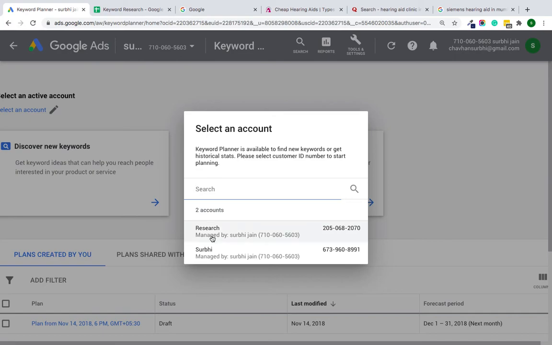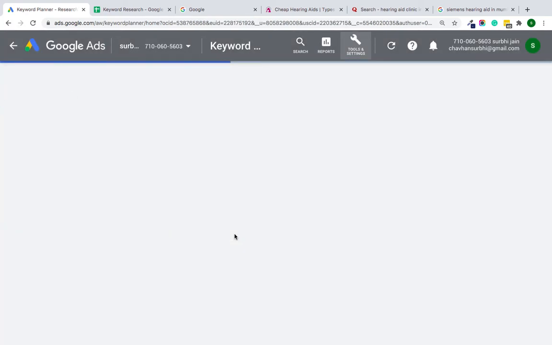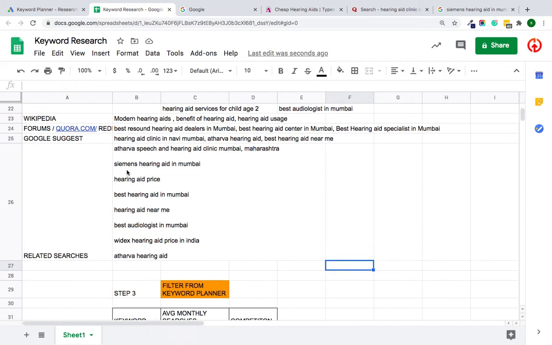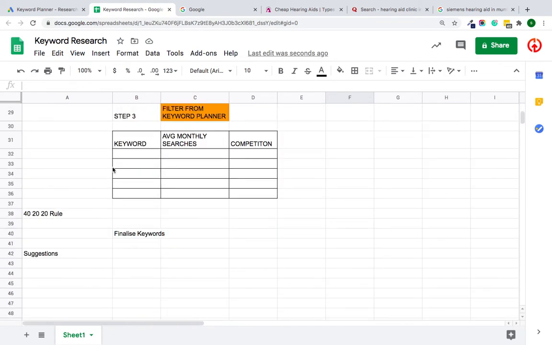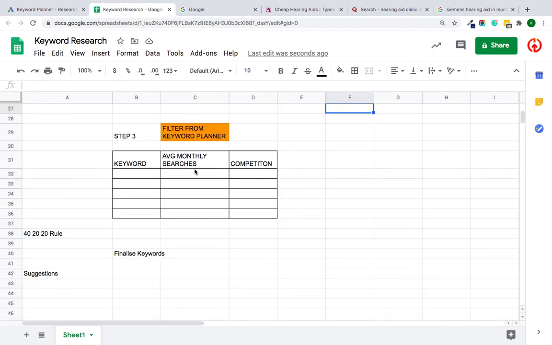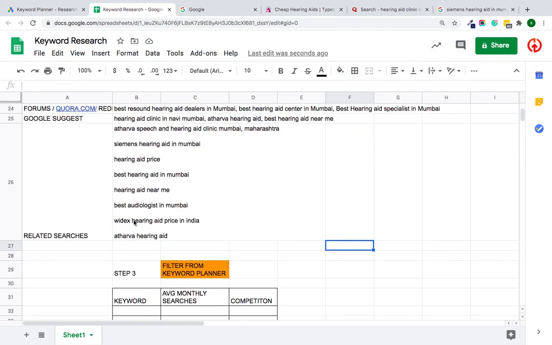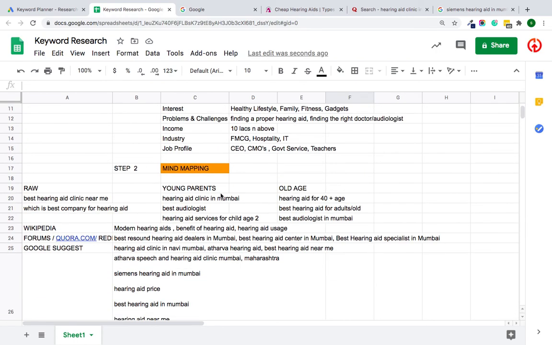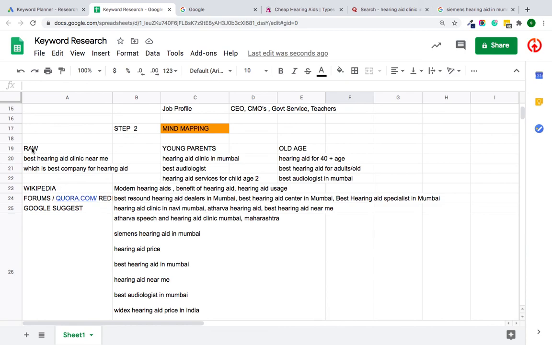It is asking me to select an account. So I've selected an account. This is how we took all the keywords, and now we are doing a keyword research procedure and finding out how many people actually search for these keywords. Let's find this keyword research procedure in video 2. So in video 1, what we have done is we have identified a buyer persona, we have done mind mapping, we have found keywords. So we have done keyword research and discovery, we have found the niche topics, and in